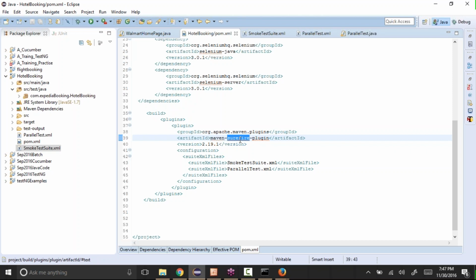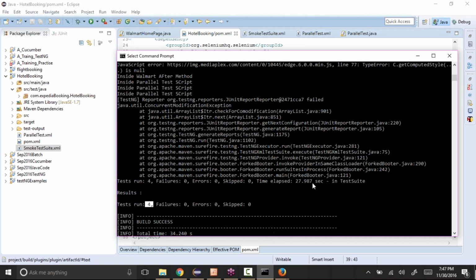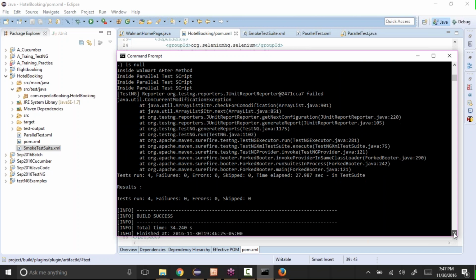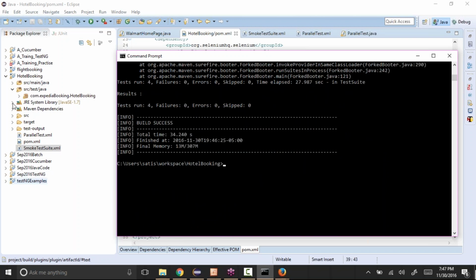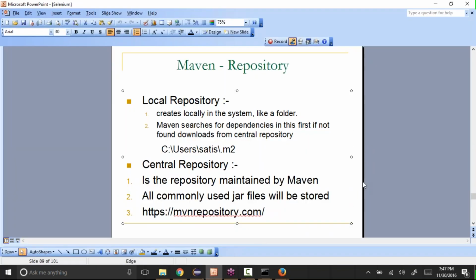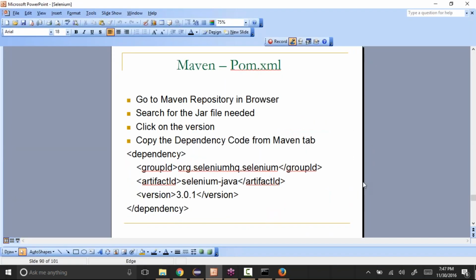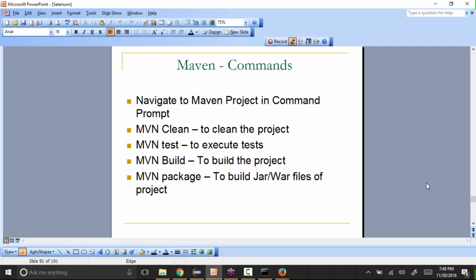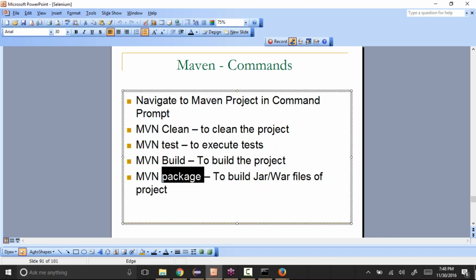And you can run it from here. Either you can do it manually, go to the command prompt and run it from here, or we can also use some tools and from the tools we can execute all these or build this Maven project. But generally if you simply want to use Maven and execute it, we can do it like this. So that's the benefit of Maven. So we have local repository, then we have the pom.xml file for the dependencies that we want to provide. Then there are different commands: clean, test, package, like all these methods.